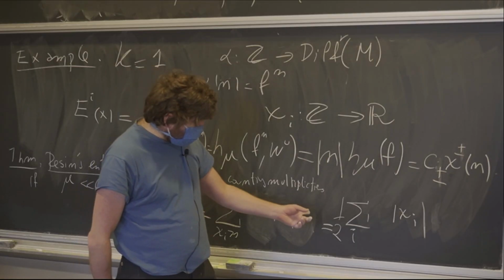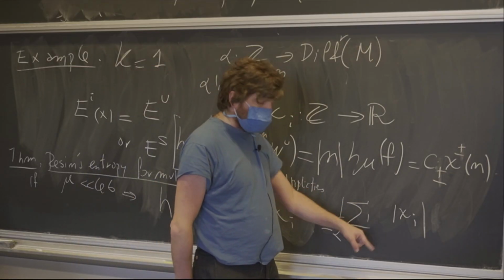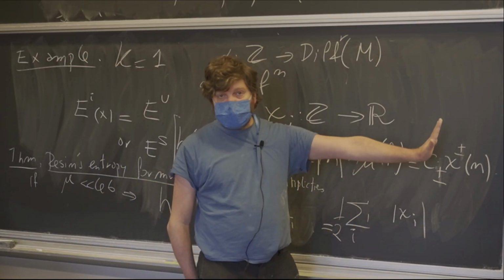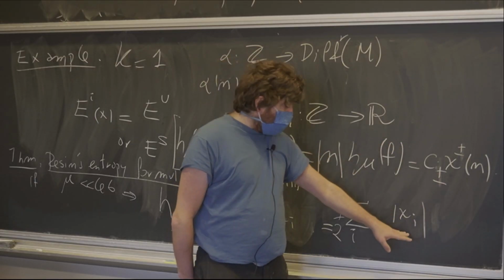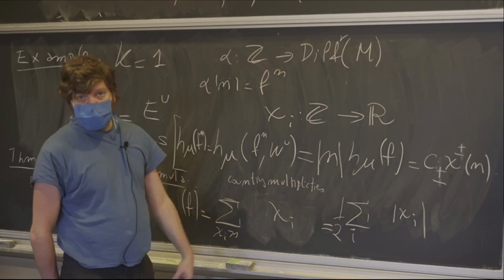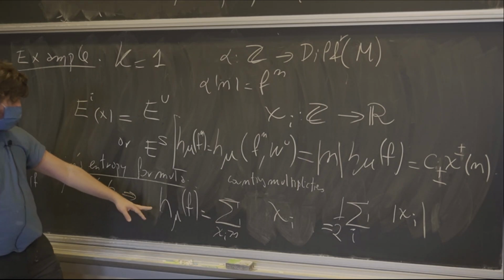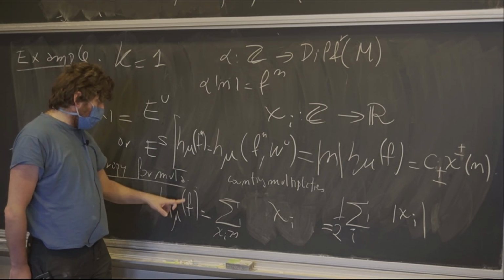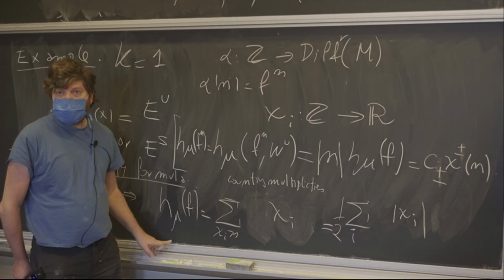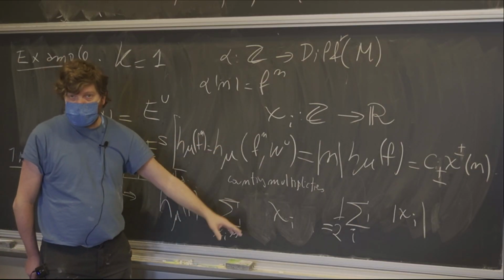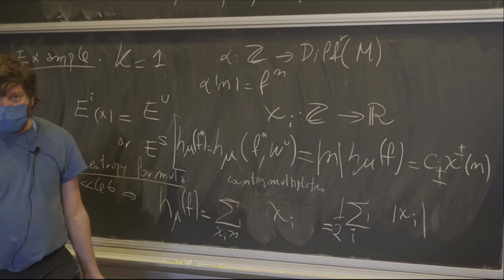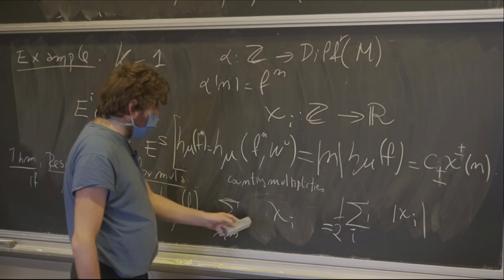And I prefer to write it this way, because then you don't distinguish between positive and negative, you just add the absolute value of all the exponents, and you have to divide by half. It's certainly a corollary of this, so it's just the fact that the entropy for the future is the same as the entropy for the past. Then you put both formulas together and divide by 2. So it's not really a very smart thing, but I think it's an important way of writing